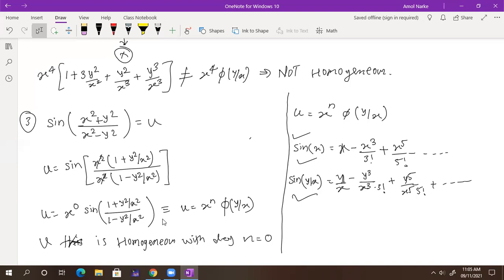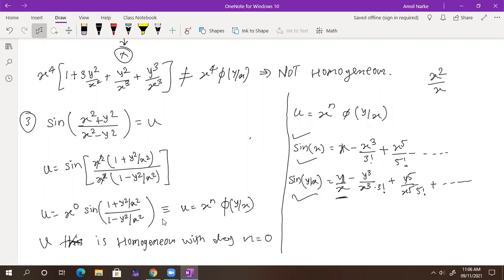But here, what is the degree of that term? Y divided by x. Zero. Y raised to power 1 divided by x to the power 1. What is the degree of x square divided by x? 1. 2 minus 1. I'm talking about degree. Don't take it as y and x, you cannot cancel and something like that. I'm talking just about the sum of the degrees.